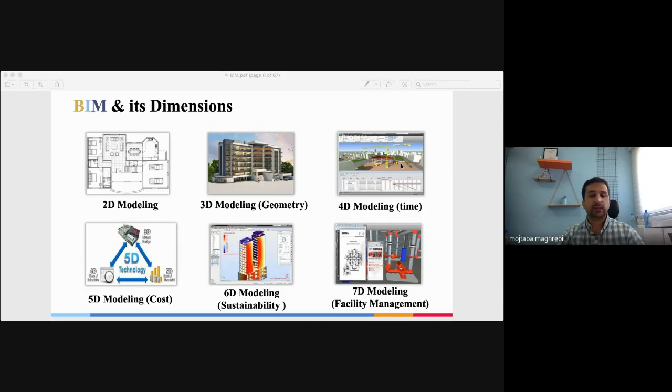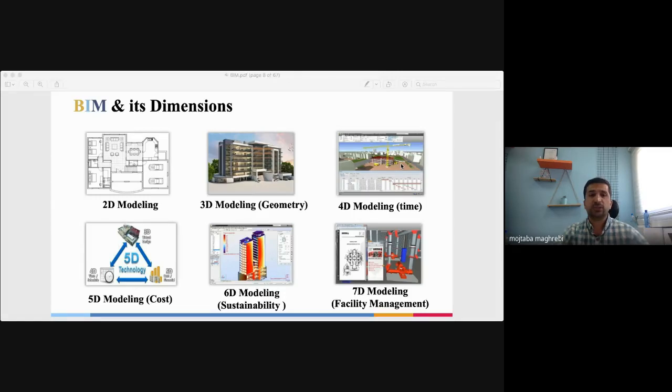The other main feature that we would like to add to the BIM model is cost. Every decision that the manager makes through the construction process depends mainly on cost, and cost is a very, very important factor for decision makers.